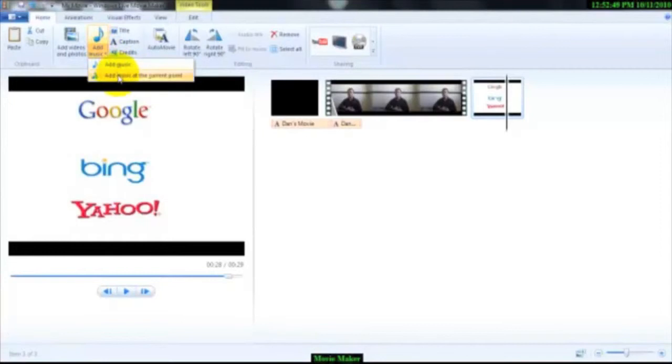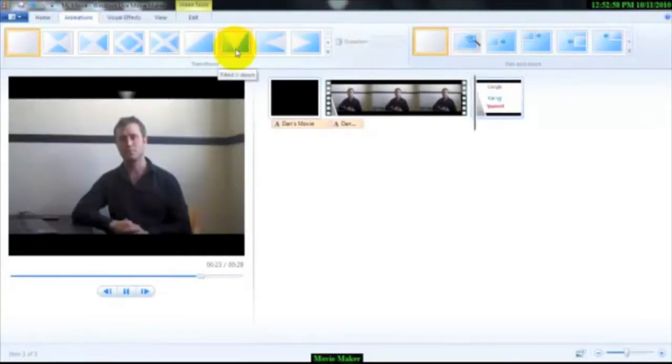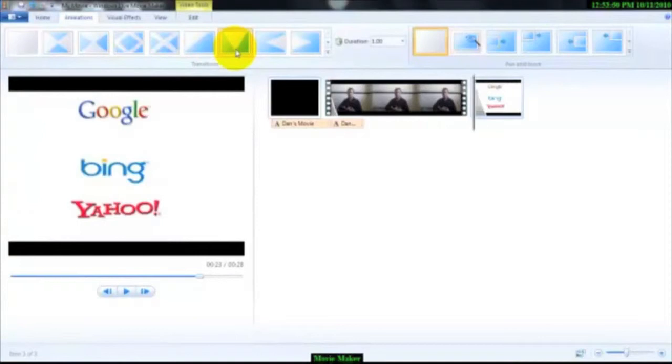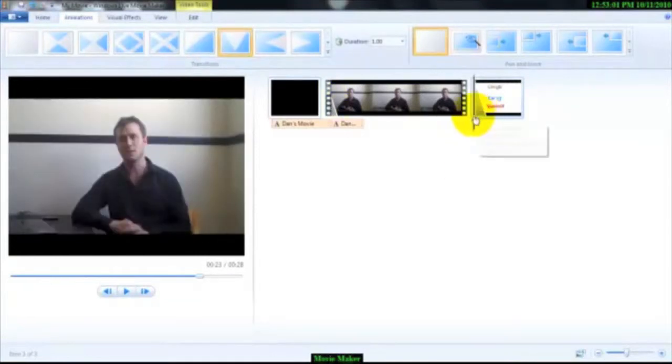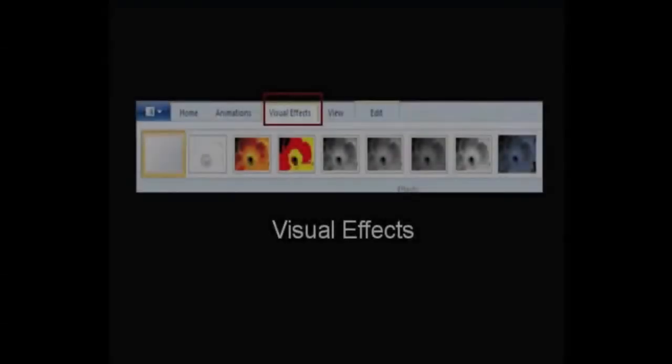You can also add sound if you think that maybe a bit of narration might add something like we're doing at the moment, or maybe a bit of music might bring it to life a little bit. You can add all that. You can also add transition animation actually through the images as well. Again, just sort of previewing it here.